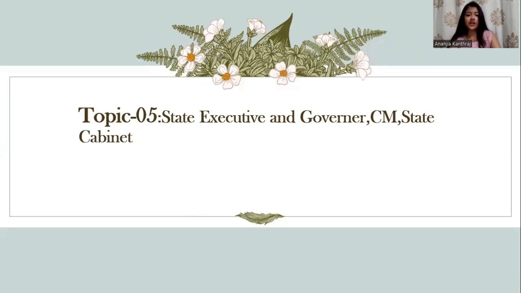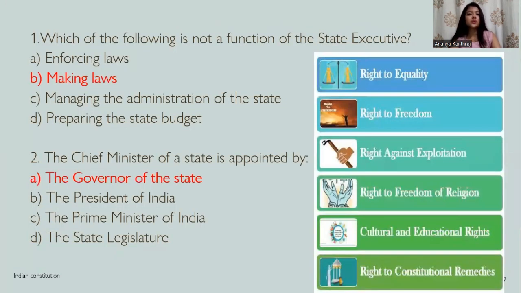Let's move on to the topic 5, state executive and governor, including the CM and state cabinet. So the first question states that which of the following is not a function of the state executive? The options are as follows. Option A, enforcing laws. Option B, making laws. Option C, managing the administration of the state. And option D, preparing the state budget. So the right answer for the above mentioned question is option B, making laws is not a function of the